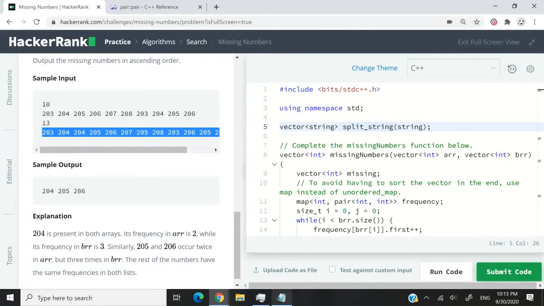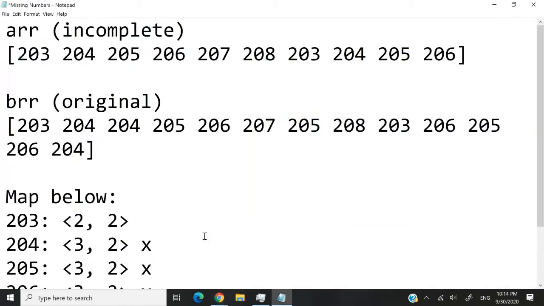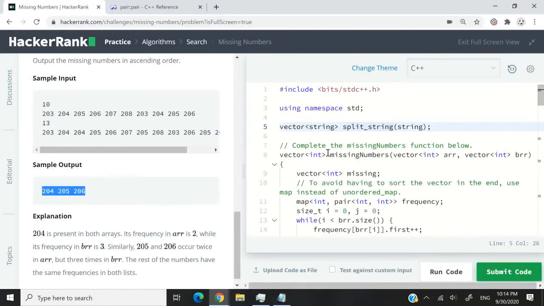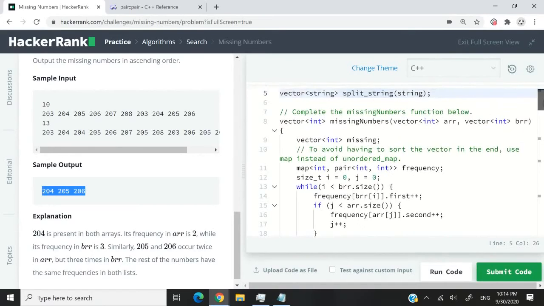They are the same as what I have in my notepads. And the sample outputs, the correct answer is 204, 205, and 206. So it's the same thing that I just explained, and that's why I have these X marks right here. So in code, when you implement this solution, I don't recommend that you use an unordered map in C++.